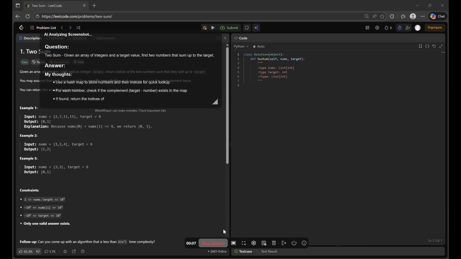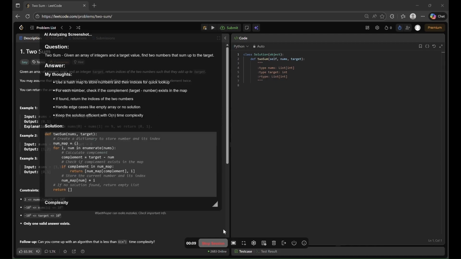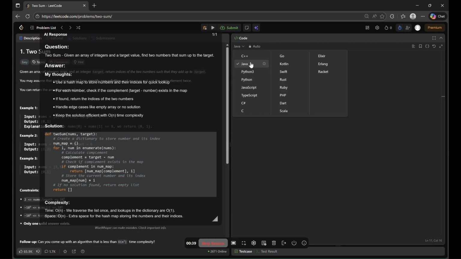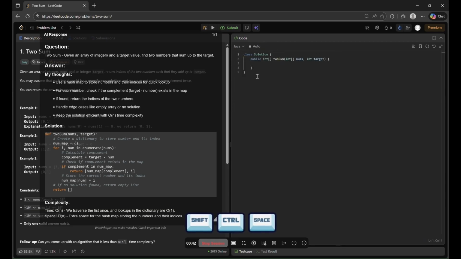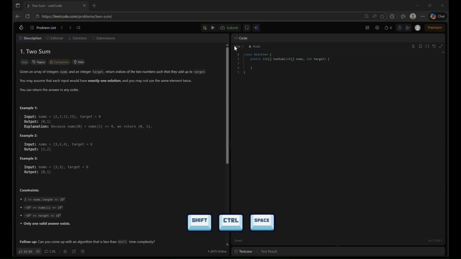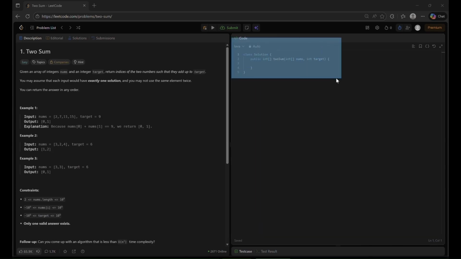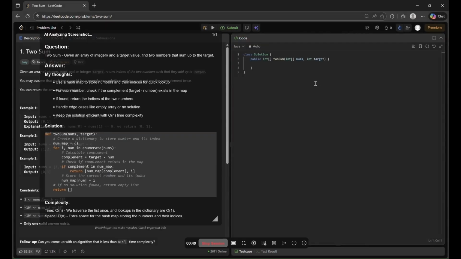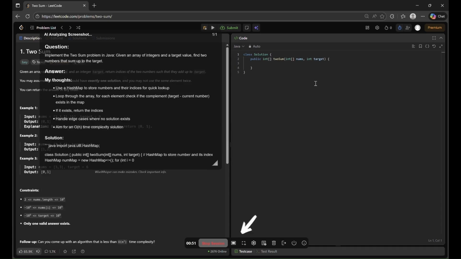You'll instantly get explanations, solutions, and tips, all customized specifically to your background and the question at hand. For maximum focus, you can use Shift, Control, and Space to select just a specific region of your screen. And if you prefer, you can always click the menu icon to take a full screenshot or snip out an